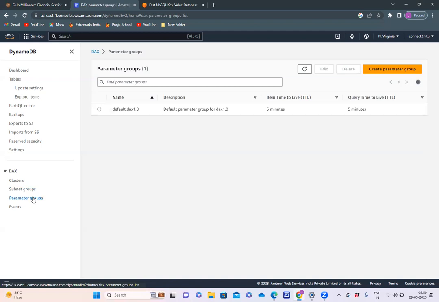Parameter groups are already available. These are default parameters that one would need while creating a database. So we just went ahead and used these parameters to create the database. In the backend, that's what happened. And only database administrators are